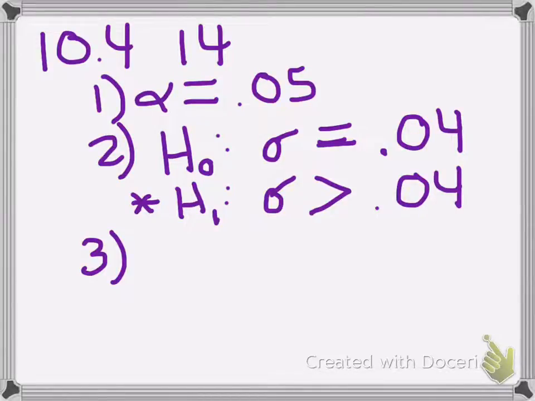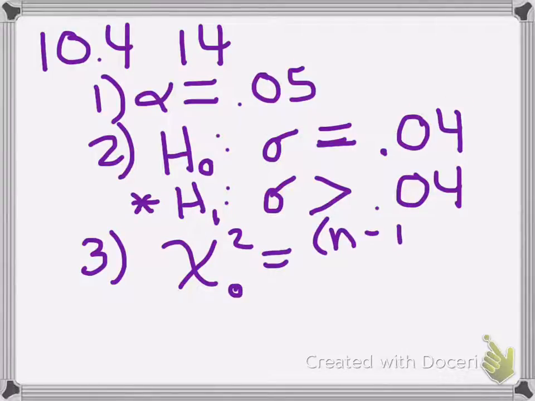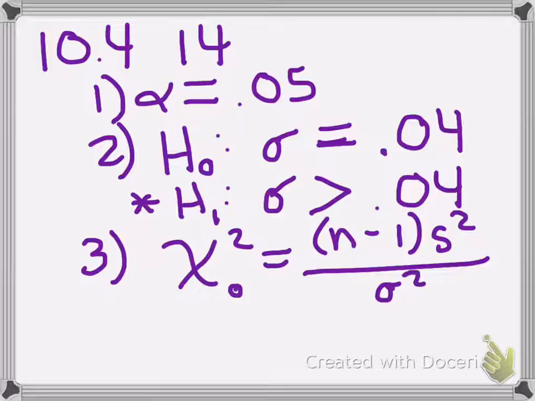Okay, so I'm on step 3 here. Since we're testing standard deviation of a population, I'm going to use the chi-square test. The formula for that is chi squared is equal to the quantity n minus 1 times s squared over sigma squared. So that's going to equal 22 minus 1 times s, which is